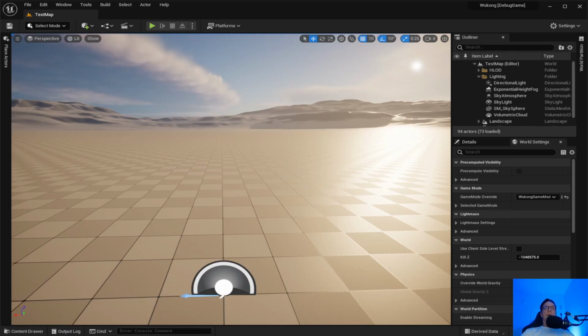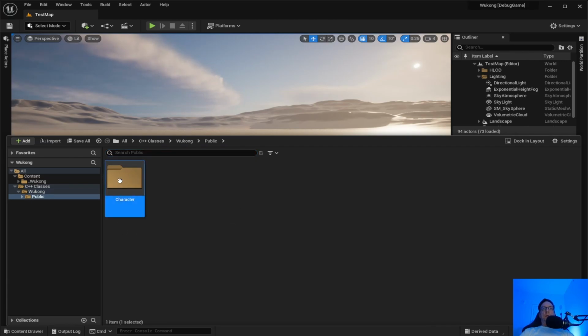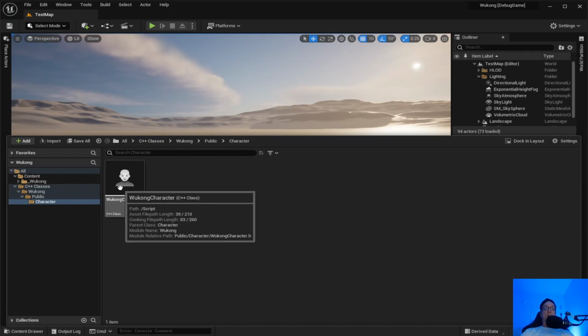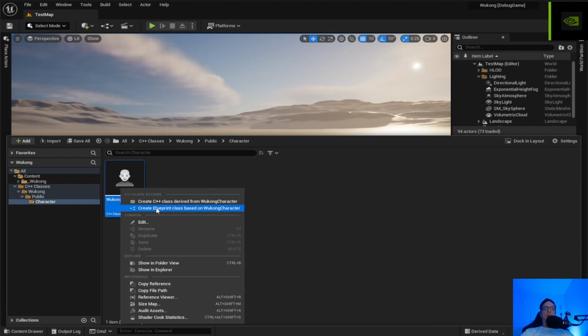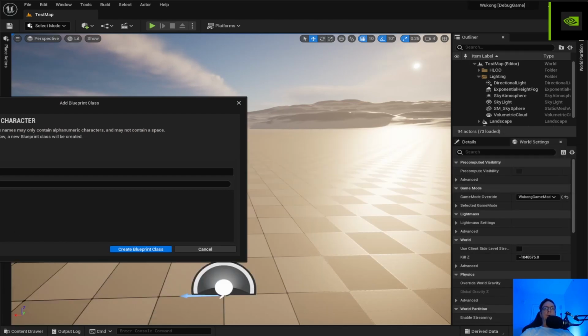Okay, so now we're back in the editor. What we want to do is create a blueprint class. So we want to go to public, character, Wukong character. As you can see, the parent class is character. We want to right click, create blueprint class. We want to go into the Wukong project, and I'm